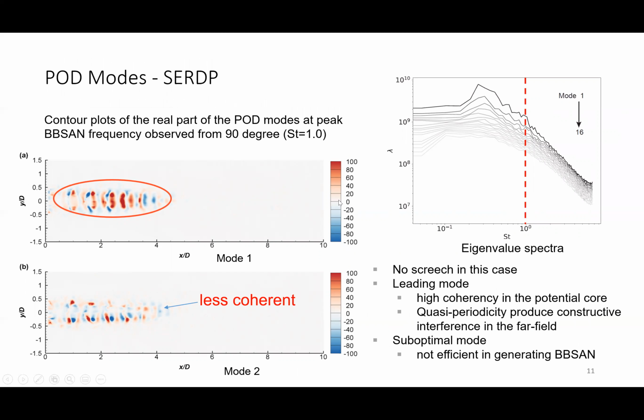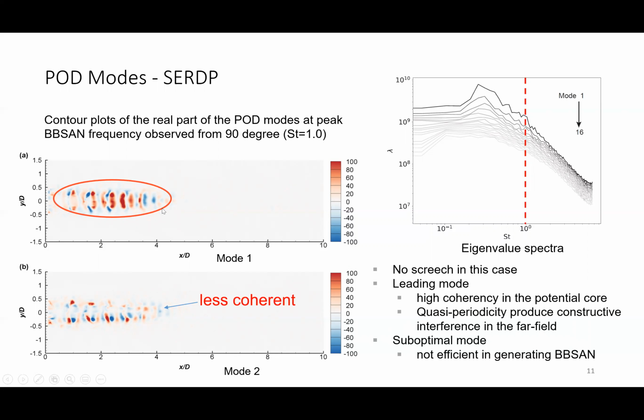Again, the contour plot of the first two POD modes of the second case is presented here. The frequency is the BBSAN peak frequency observed from 90 degrees, which is Strouhal number equal to 1.0. In this case, there is no screech, so we expect the first mode to represent the BBSAN mode. You can see from the contour plot of the first mode on the left-hand side, the first mode shows strong coherency